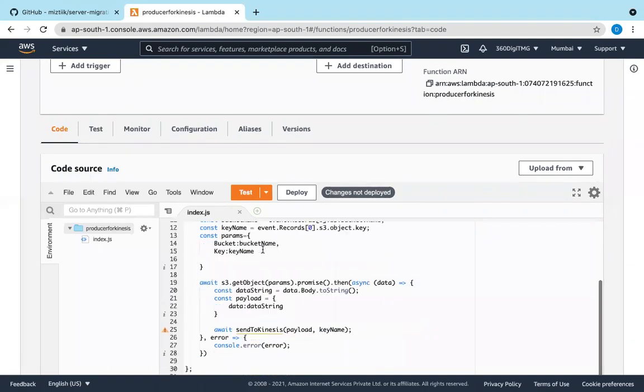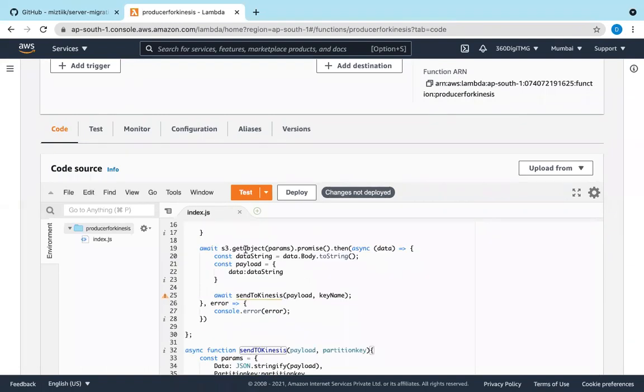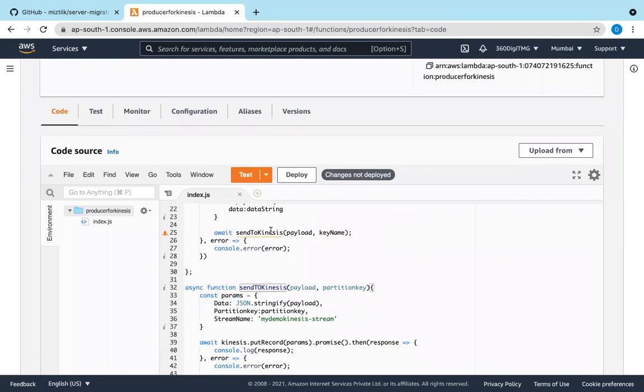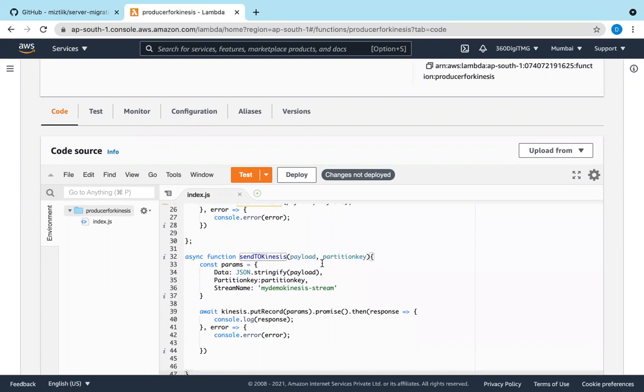here you can see it gets the object and then sends to Kinesis. See, async function send to Kinesis, with payload and partition key, and this is the Kinesis stream.